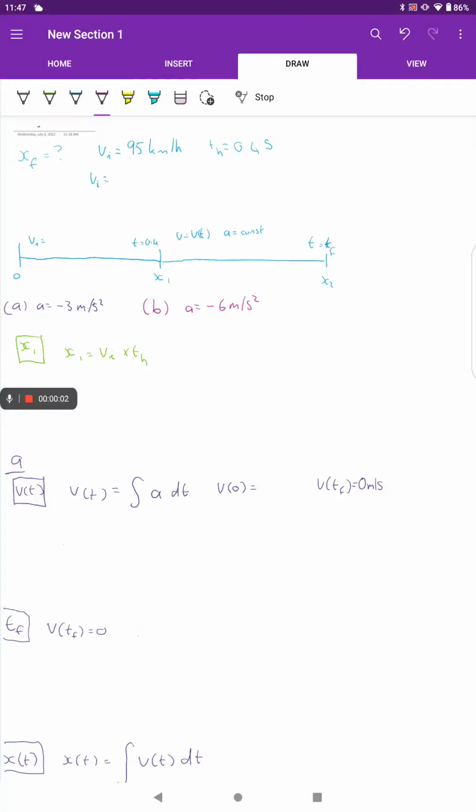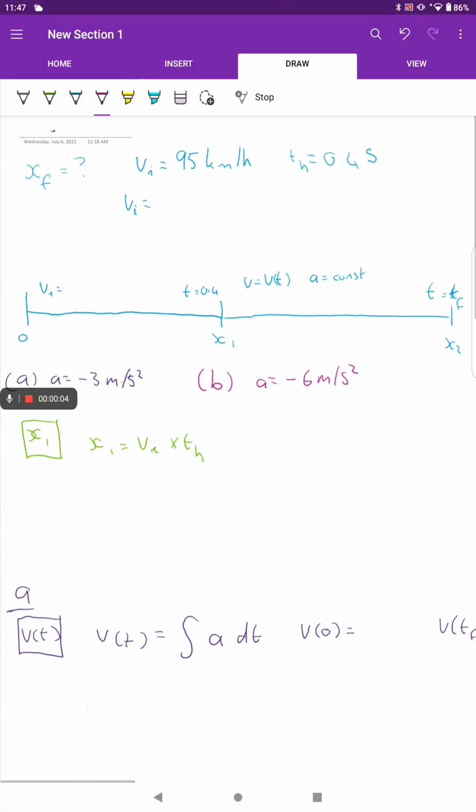Okay, so today we will be looking at a problem where we want to determine the stopping distance for a vehicle that is initially traveling at 95 kilometers per hour, and we are given that the human reaction time is 0.4 seconds. Now, before we go any further with this problem, we note that 95 kilometers per hour is not